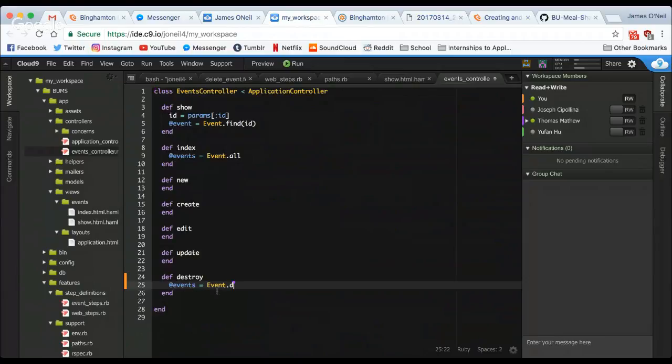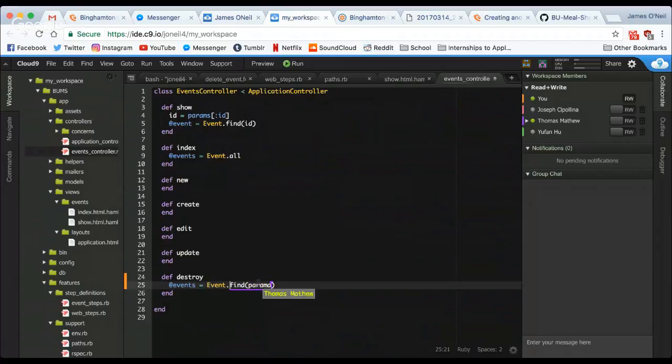So you have to find the event first, the exact event. Not a collection of events, but just one, right? The one you want to delete. So you're going to do a find on what? On is it param ID? Yeah,